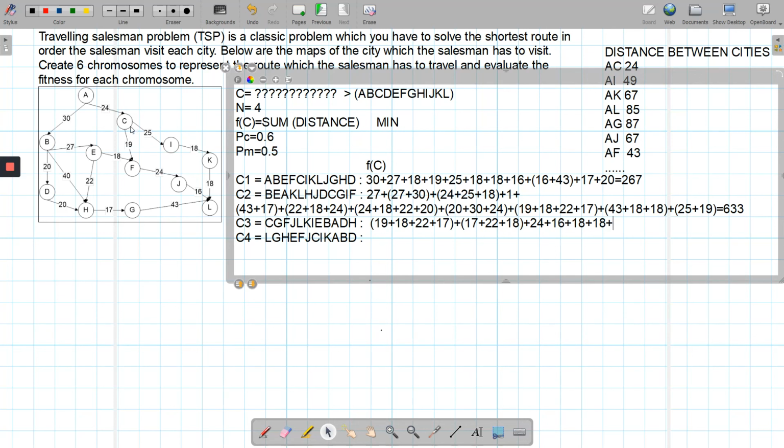He cannot visit C again, so he has to jump to E. Then he selects any one of these not yet visited. So I plus 25, 19, 18. So you will have 25 plus 19 plus 18. Then he is now in the node E. In the node E, whether